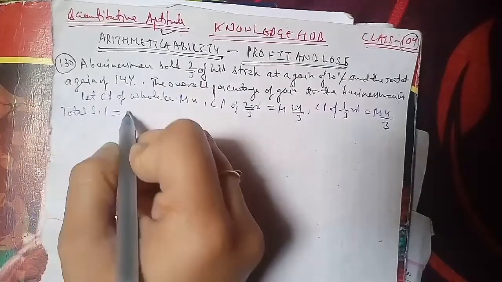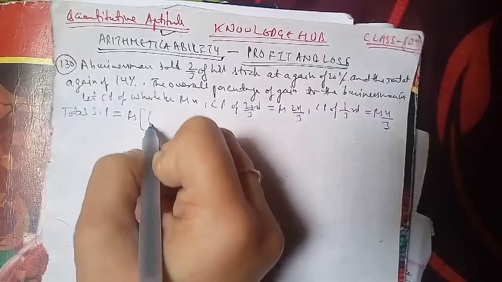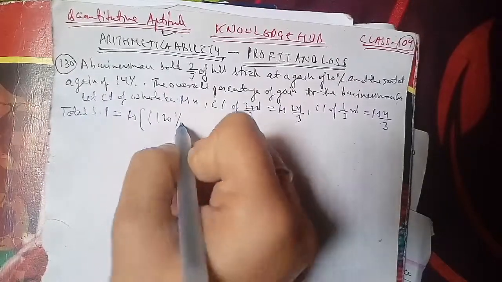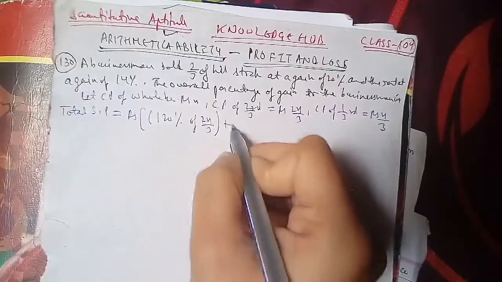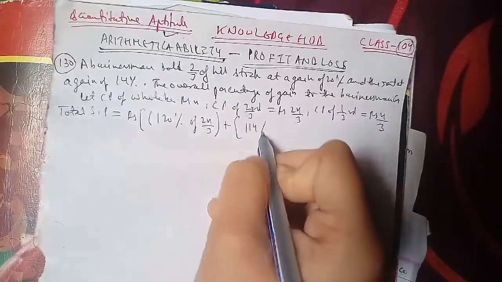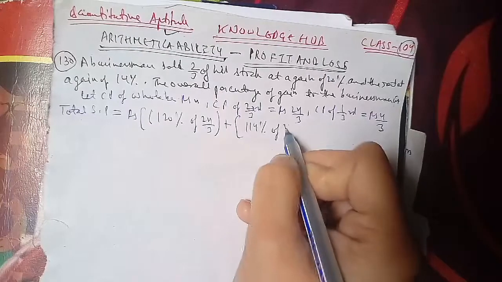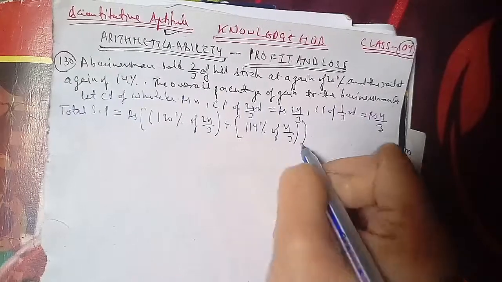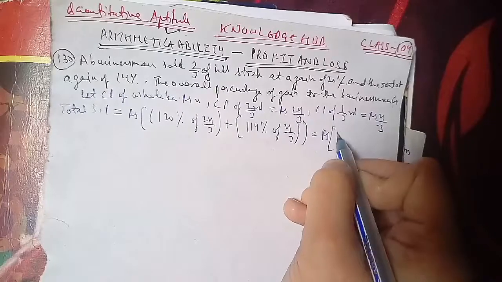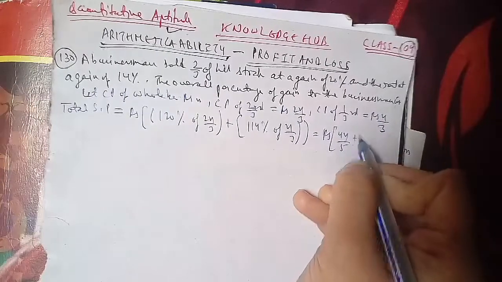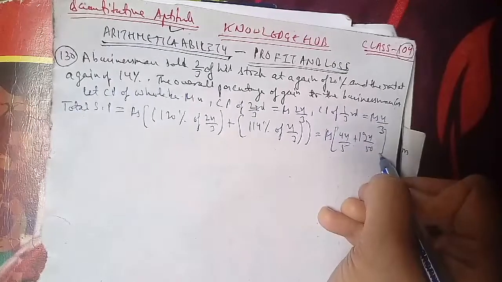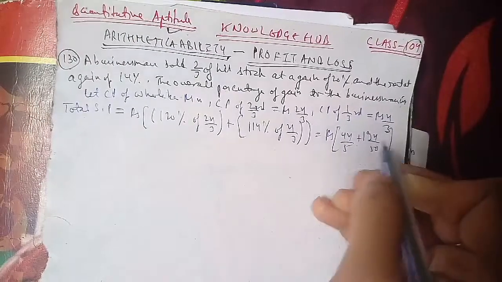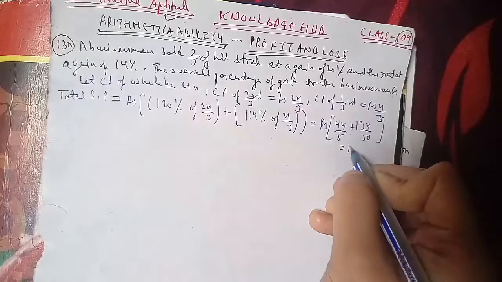Total selling price equals rupees 120% of 2x upon 3 plus 114% of x/3, equals rupees 4x upon 5 plus 19x upon 50, which is equal to rupees